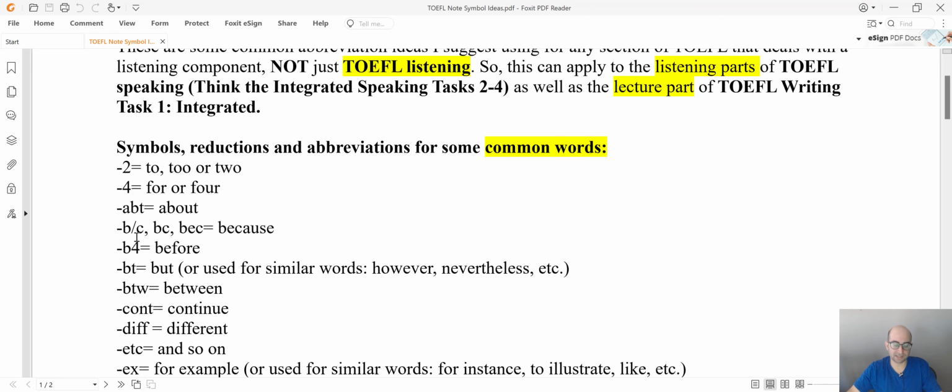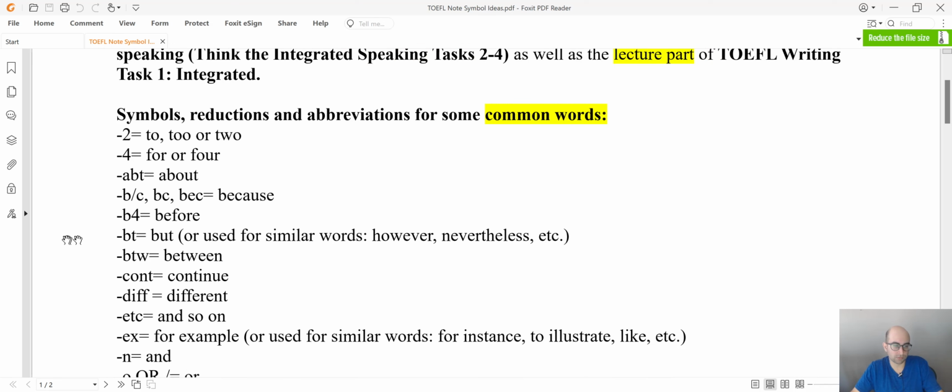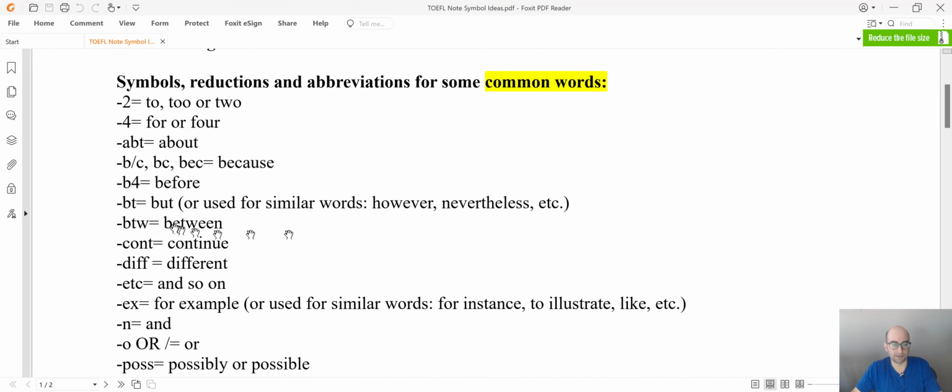You could use B\C, BC, BEC for because. Personally, I'm used to just using BEC out of habit, but you might like BC because it's shorter, or B\C. Whatever works for you guys. You don't even have to use any of these. These are just suggestions, my personal recommendations. So sometimes you could get ultra creative and use like a letter and number in some rare cases, like before, 4 for before. BT is my personal symbol for but